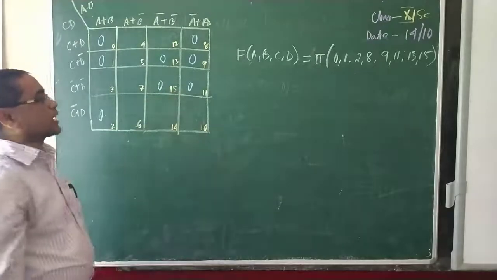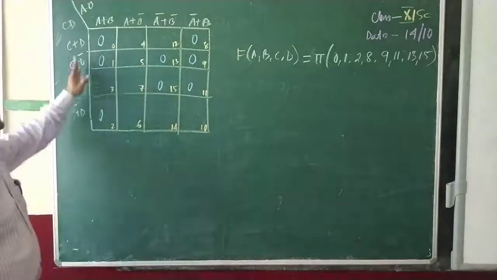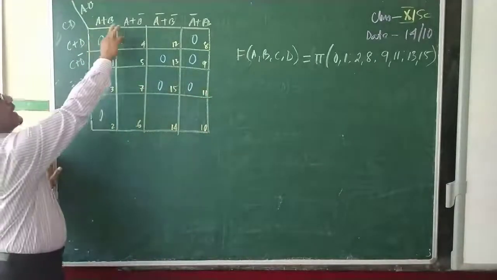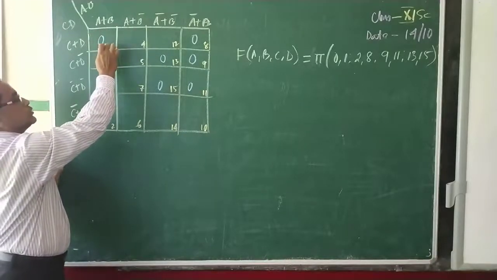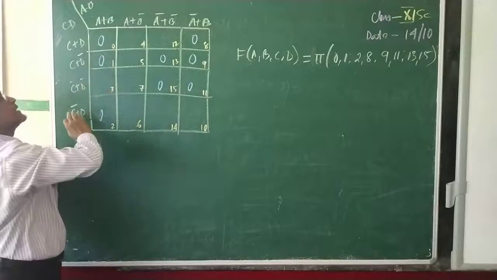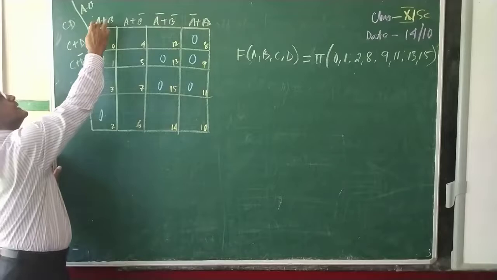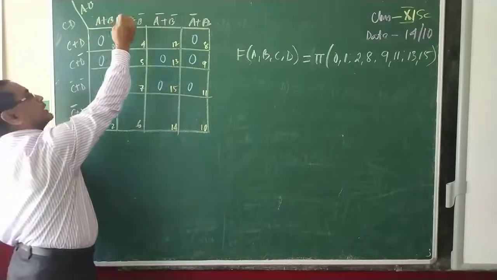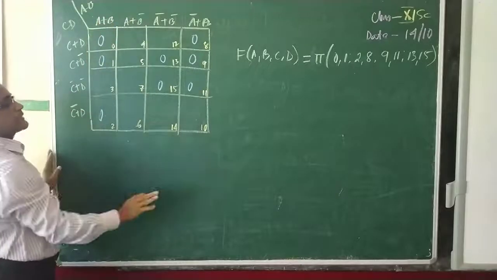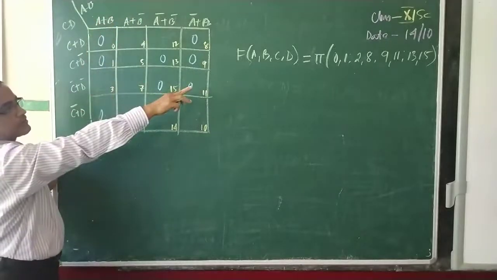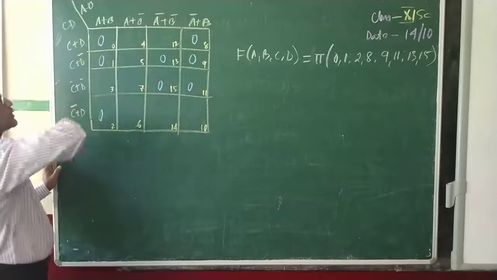This is the product of sum expression. Now you see, I have drawn the diagram here and I wrote the dimensions. The m values are the same, only the dimensions change. Before, for sum of product, it was a complement b complement; here it is a plus b. So there it was a complement b, here a plus b complement, just opposite. Accordingly I wrote the dimensions. These are the elements mentioned in the question. As it is a product of sum, zeros are mentioned here.